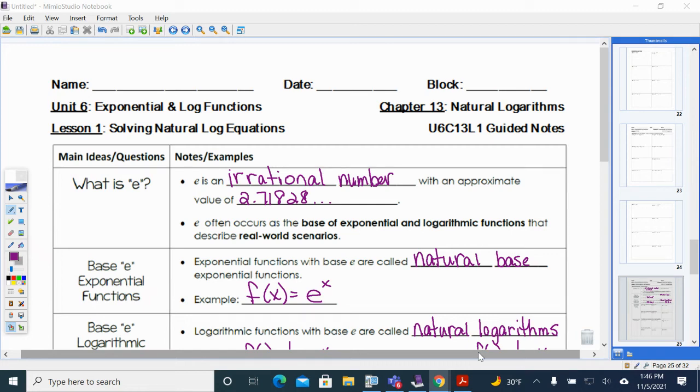This video is on Unit 6, Chapter 13, Natural Logarithms, Lesson number 1, Solving Natural Log Equations. So in this lesson, and in this chapter, we are going to be talking about what are called natural logs. So these are logs, but these logs have a base of e. So what is e? E is an irrational number with an approximate value of